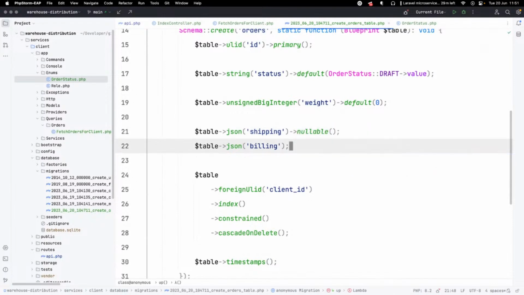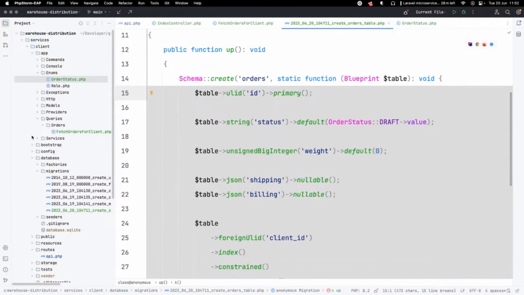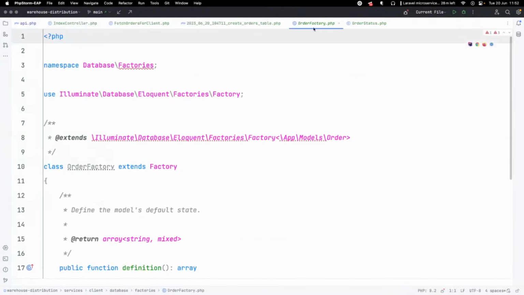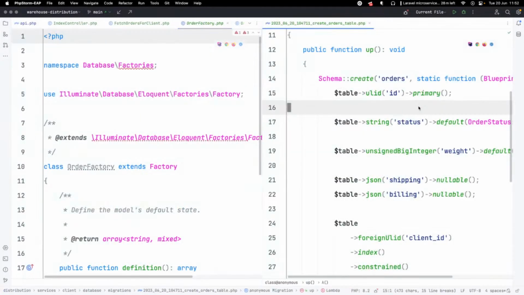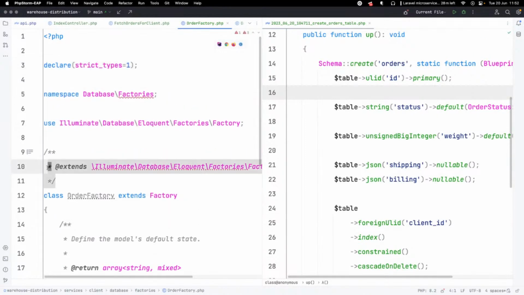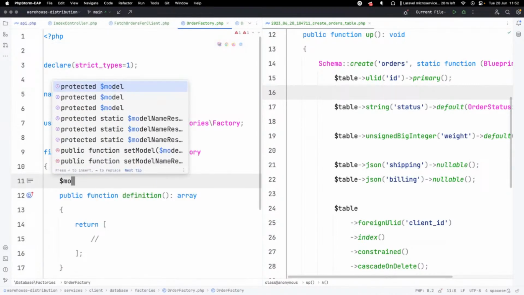This can be nullable because it isn't needed to start with. All of that works. That is all good. So let's come over to our factory for the order. And what I like to do is keep the database side open over here, declare some strict types, delete some mess, make that final, attach our model,